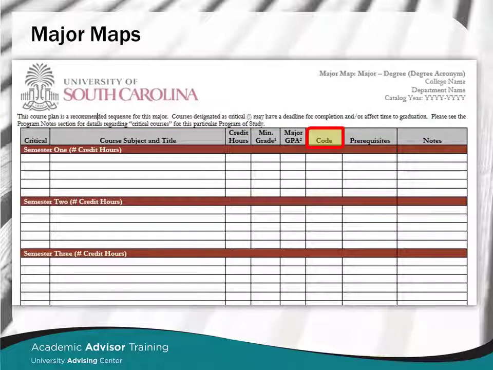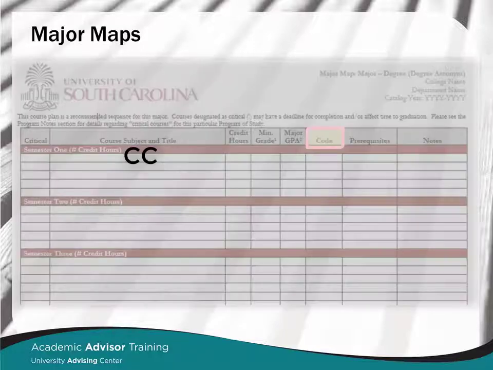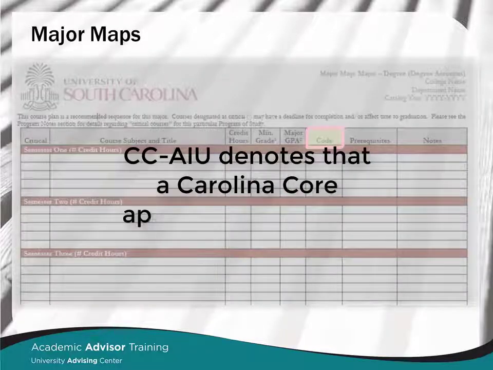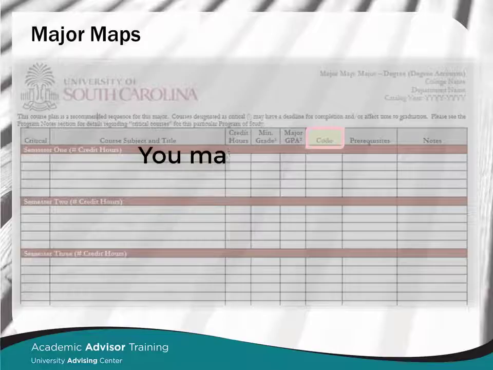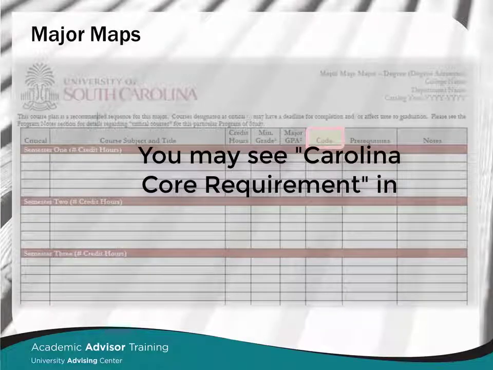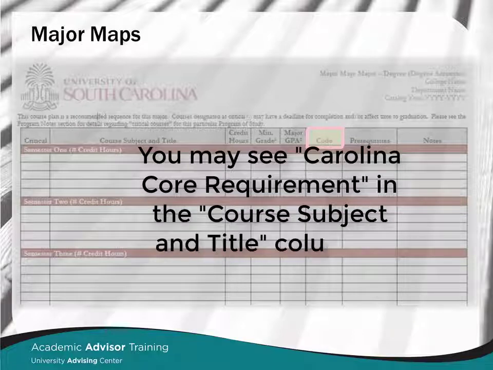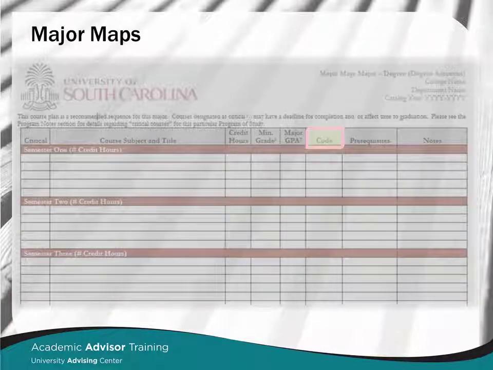The code column designates the courses as a Carolina Core course, a college requirement, a program requirement, or a major requirement. The Carolina Core courses may also have a specific component attached to the code. For example, CCAIU denotes that a Carolina Core approved AIU course should be taken. You may see Carolina Core requirement in the course subject and title column, which allows for flexibility in planning and